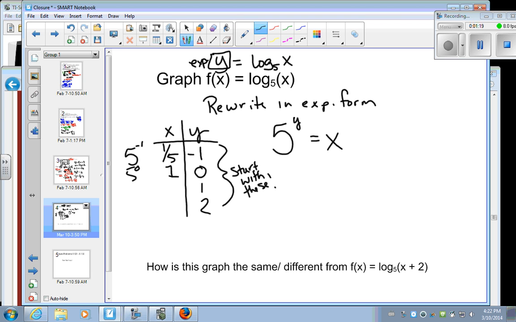That's 1. When y is 1, x is 5. When y is 2, x is 25. So at least I have some points there. Now if I'm going to look at my graph,